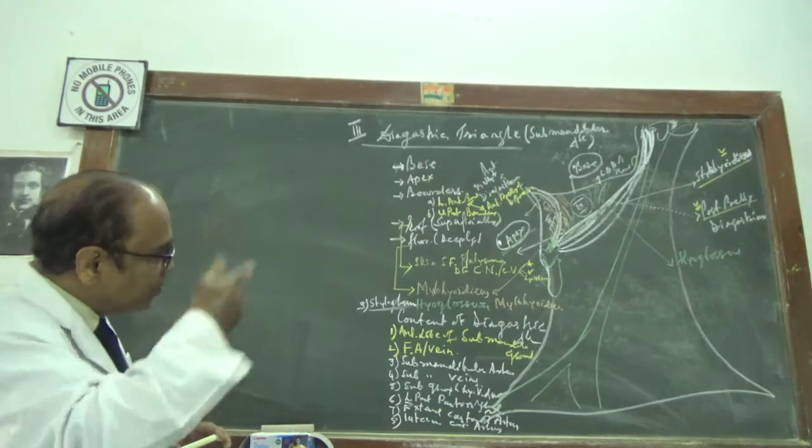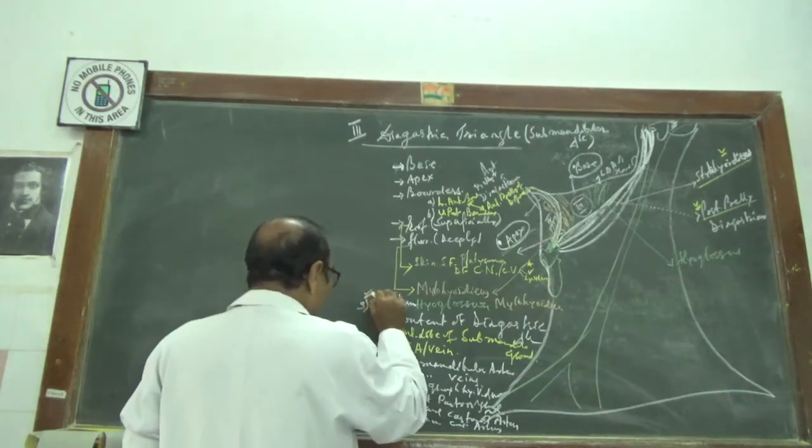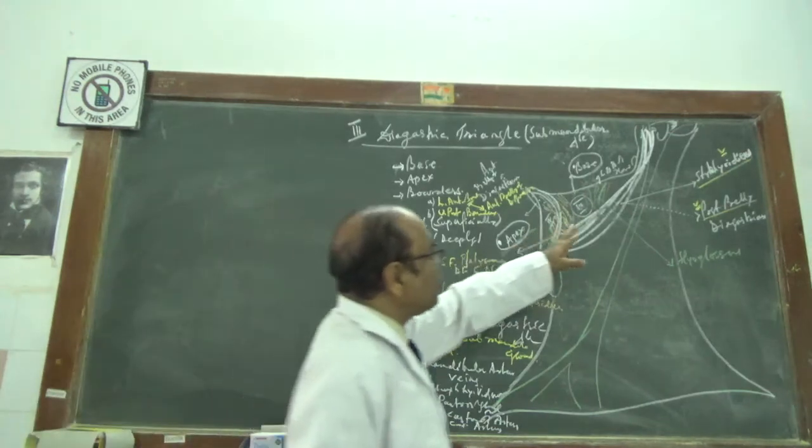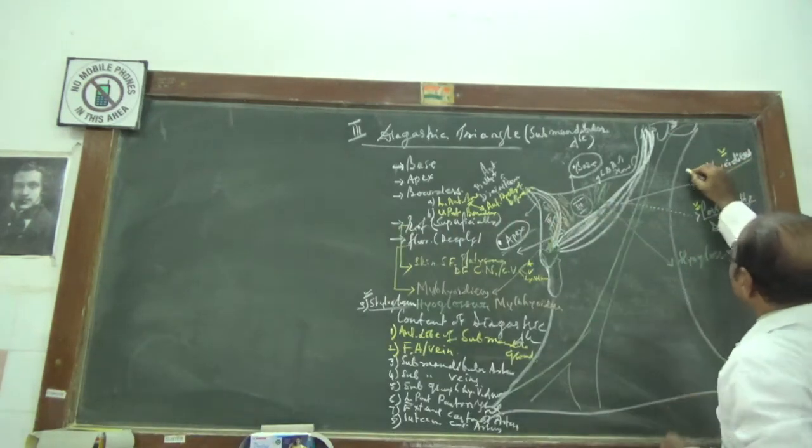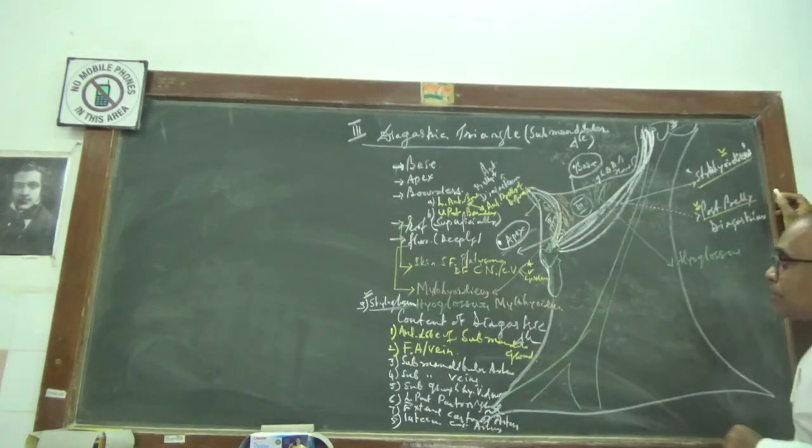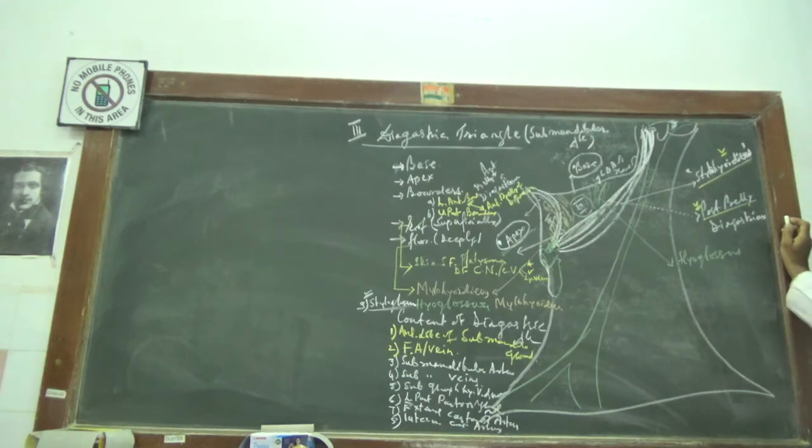Styloglossus will be one of the contents. Now you are going to have these two muscles. One is the stylohyoideus. So the question is what? Stylohyoideus is the muscle which will form the boundary, but